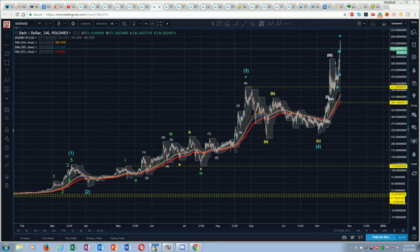We're midday, November 22nd on a Wednesday, and I thought it was just a perfect day to go back and look at Dash. This has long been one of my favorites. It trades very technically. Algos are all over it, and we have a very interesting wave count on this that's